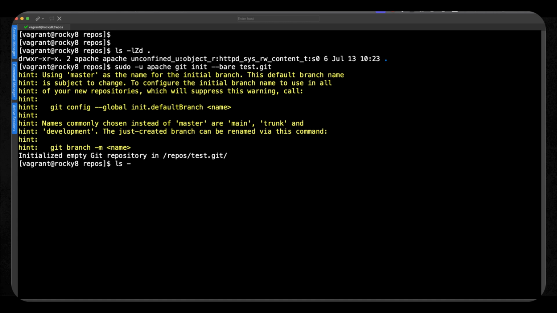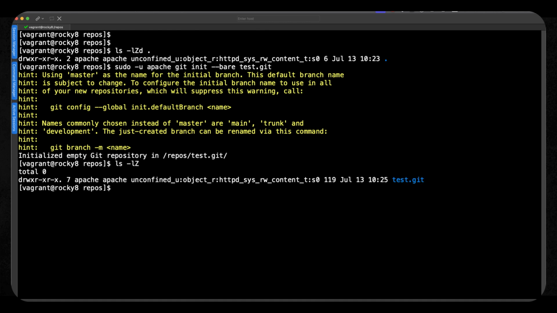It's going to be the subdirectory test.git. And again, if I then go through and list the current directory, we're able to see that test.git has been created with the correct SELinux content and, of course, the correct Apache ownership. So all of our work seems to be doing quite well. Our repository is created and it should be accessible via the web.